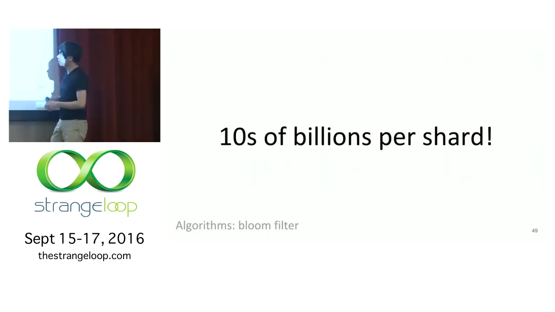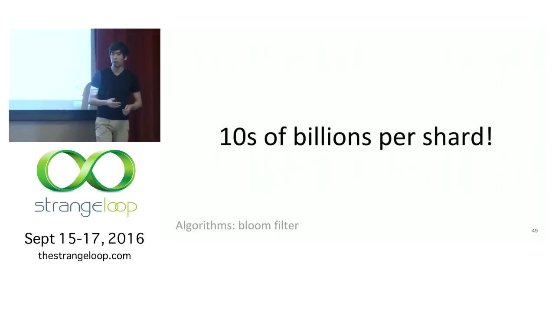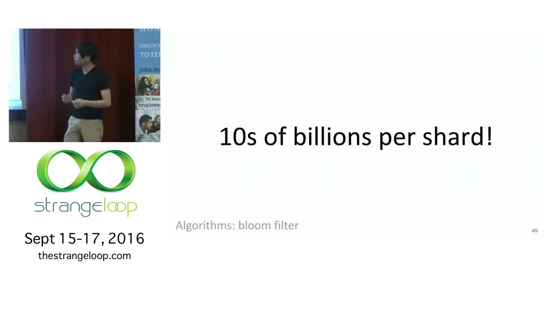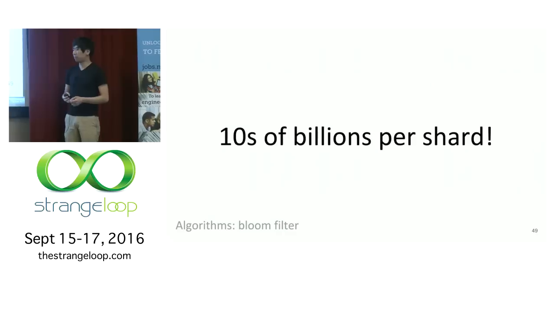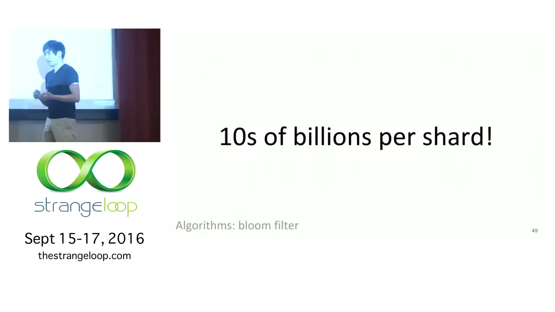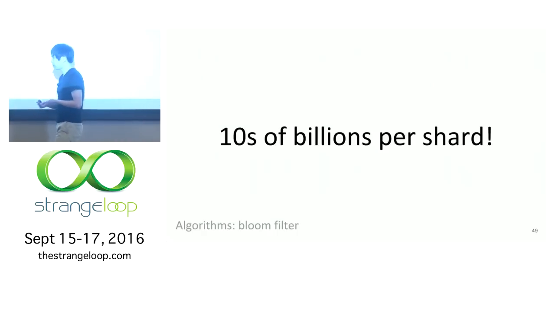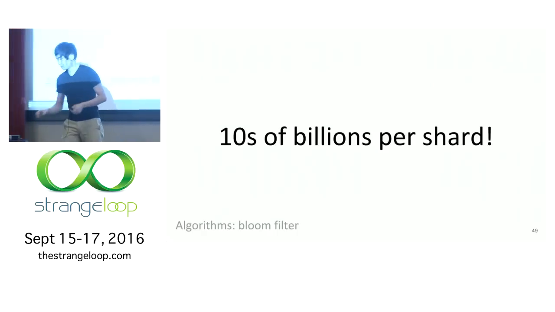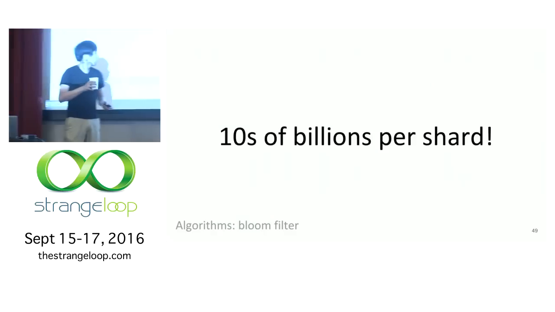Because if you ask, how many terms are there on the internet? People often say, well, I think there's maybe like 10 billion, right? But it turns out if you pick any number under 10 billion, it's actually a high probability that number's on the internet. So the number is actually greater than 10 billion. People often think of things like names of people, place names, and words. There's a lot of those, like hundreds of thousands, millions. But there's a whole bunch of other weird stuff that you don't really think about.